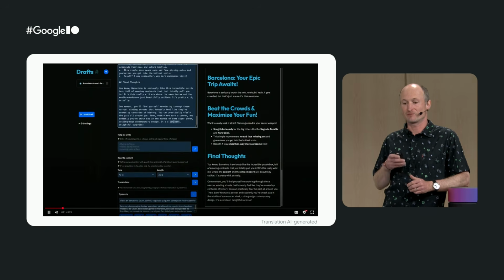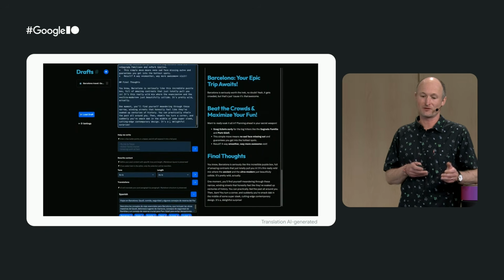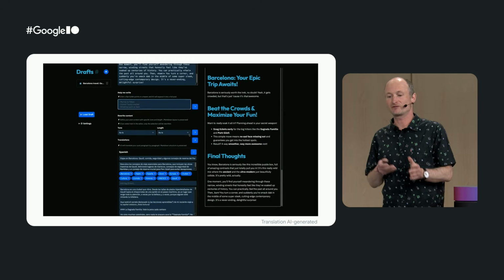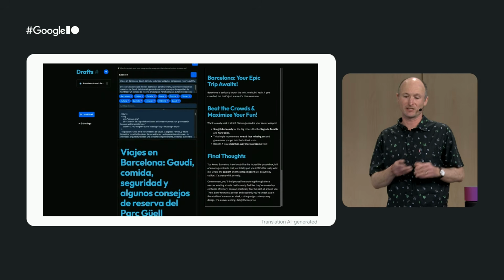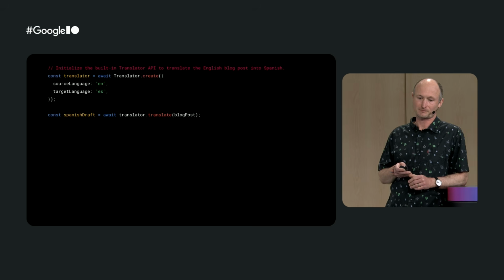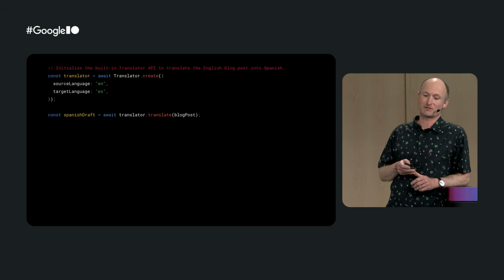English is the language that Maya, Ashok, and Julia mainly author their content in. But thanks to the Translator API, they can machine translate drafts of their blog posts in Japanese and Spanish that then get reviewed and edited by native speakers. The main logic is this.